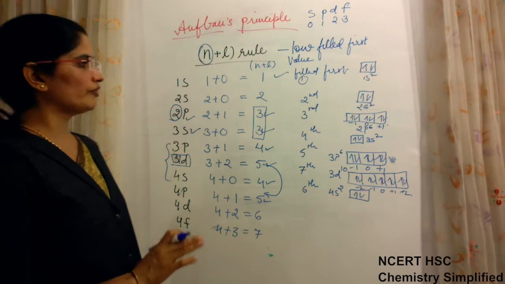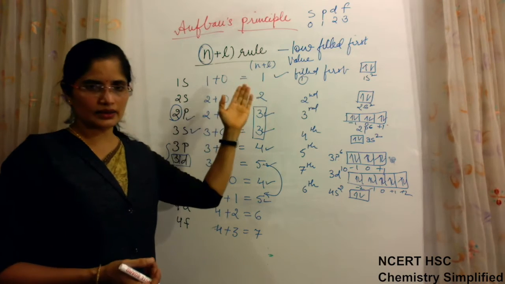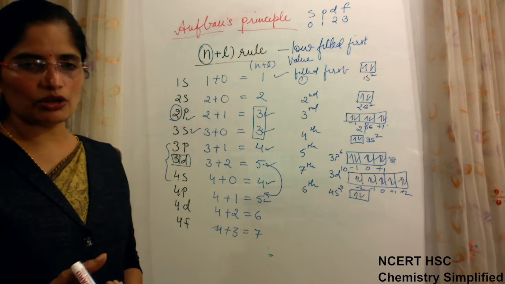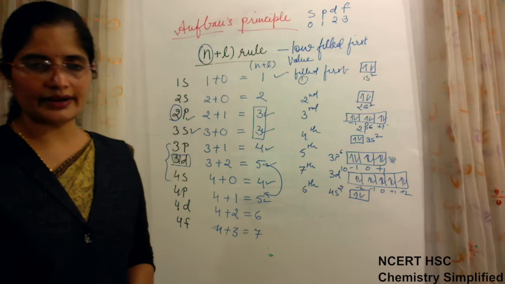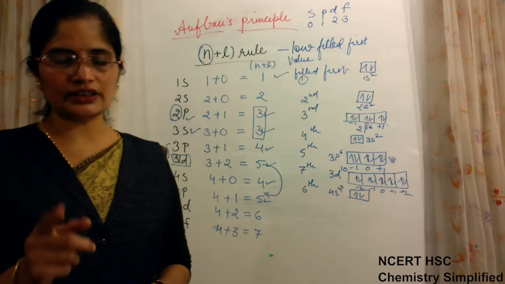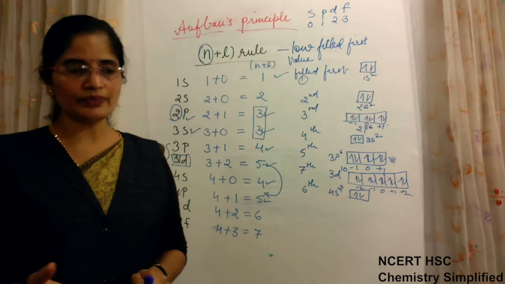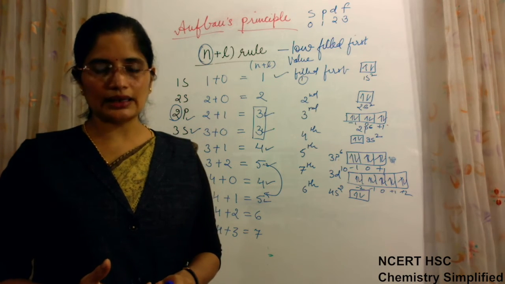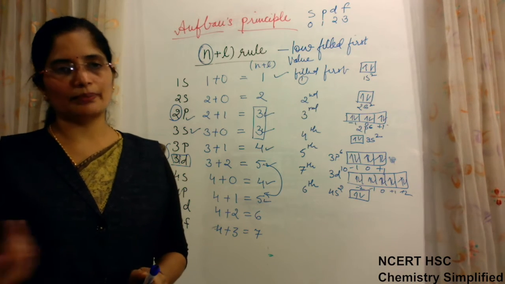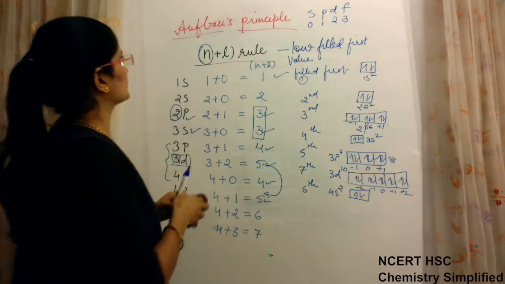One way to find the filling of electrons is that you just find n plus l quickly and then fill the electrons. Or there is an energy level diagram also, which you can draw and then find the order of filling of electrons. Both ways are there. One more way I will teach you in the 3rd chapter, the periodic properties chapter. Just by knowing the position of the element, you can know which subshells are filled in a particular period, without doing all these calculations. So we will do that in the next chapter.